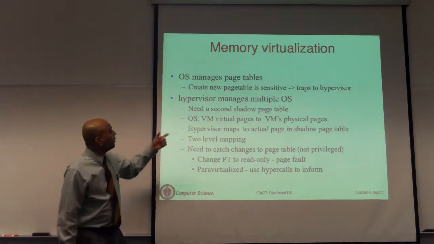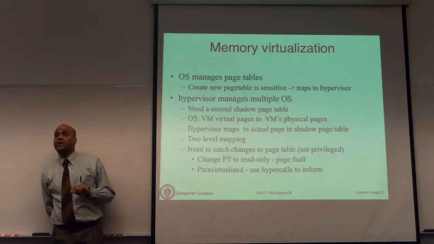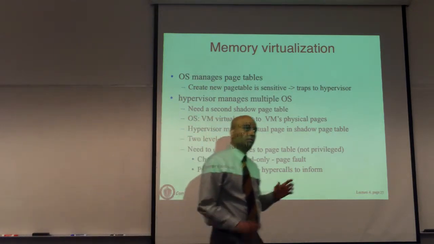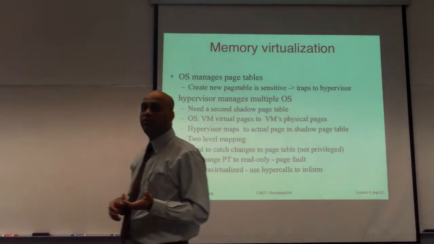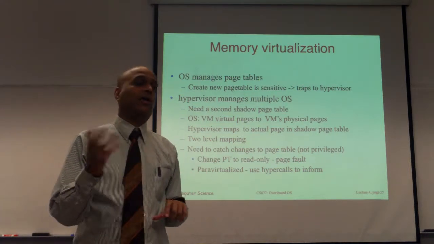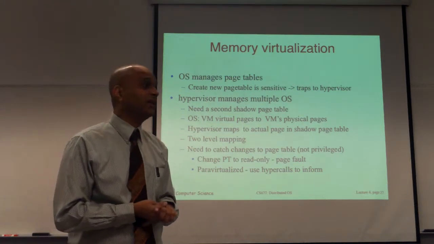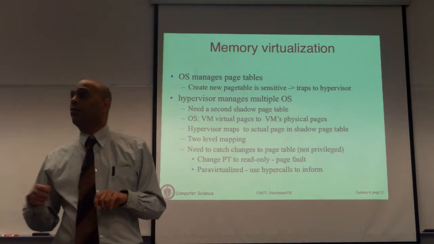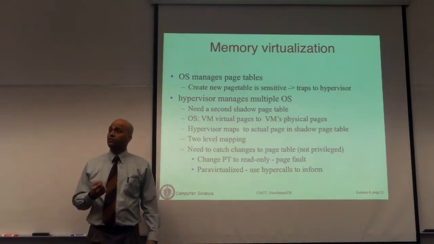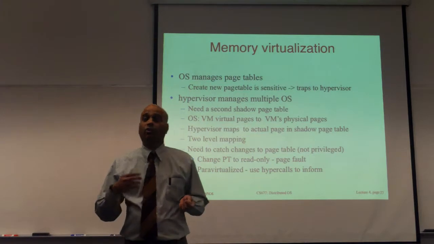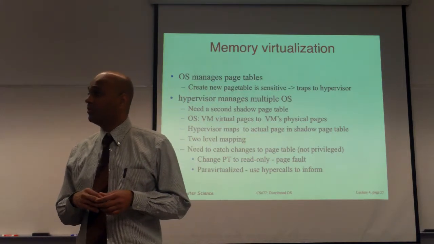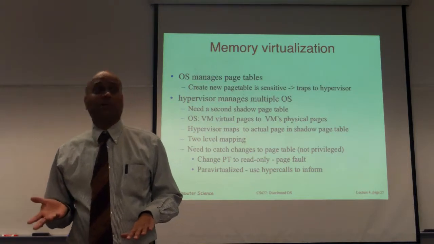But not only have you partitioned, you also have to add additional functionality to modify page tables and so on. When the OS runs, it will take its allocated RAM and allocate it to processes inside that virtual machine. So let's say you have Linux running in your VM. Linux will have processes. Each process will be allocated pages and so on, for which you will need to maintain page tables inside the virtual machine. Now, modifying page tables is a privileged operation. It's something that requires you to modify registers in hardware, and the guest OS cannot directly modify those page tables. You will need hypervisor support to modify page tables, for example.